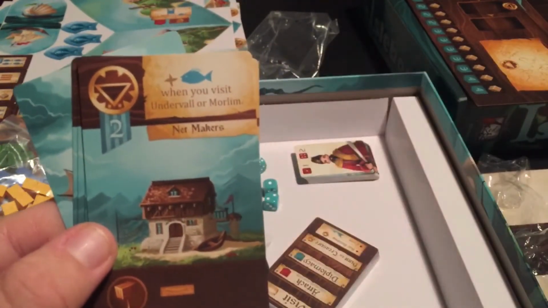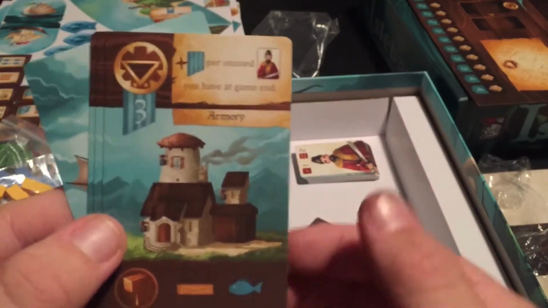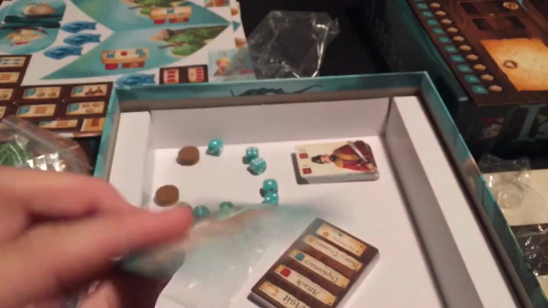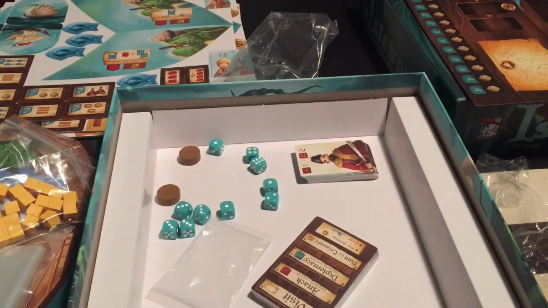Gambling hall. Net makers. Armory. Market. Sailors Guild. And I guess this is, if you're the first player, you get this. If you're the player going first, I would imagine that's what this is for. So that's cool, and we still have one